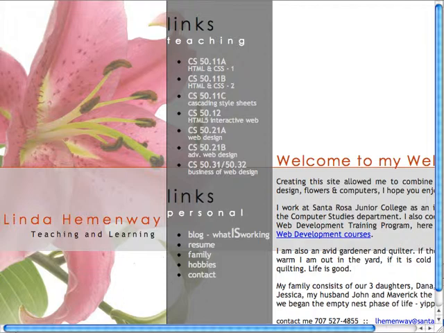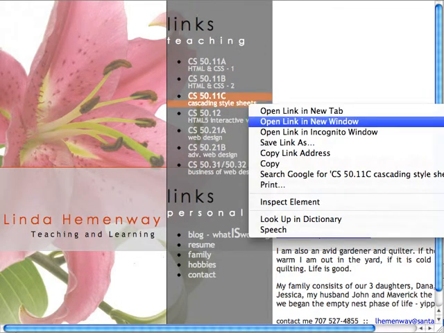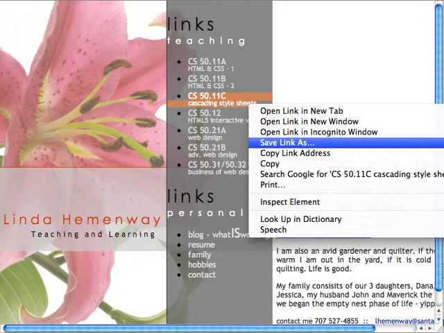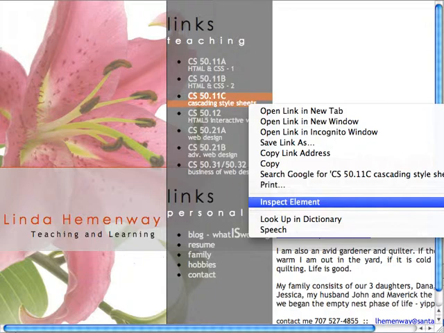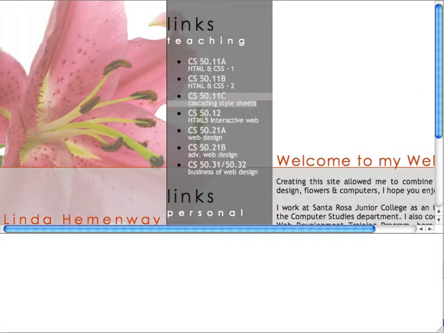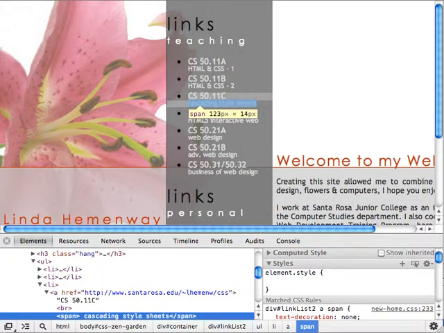you made or one that you find on the internet, one way to get to the inspector is to just right-click or control-click over an area. So I'm going to do that, and I get this little menu, and I'm going to look for Inspect Element. When I select that, I see that a whole new area appears at the bottom, and on the left-hand side is the HTML that I use to create this part of the web page, and on the right is